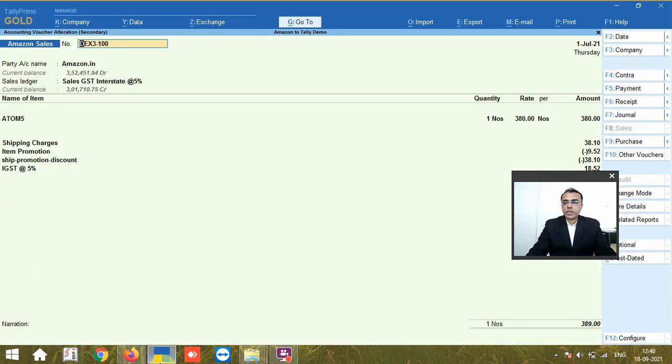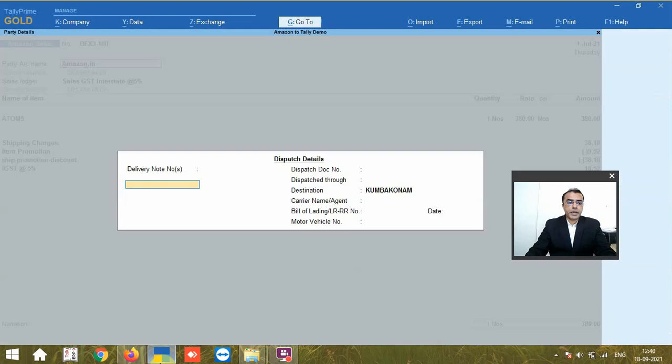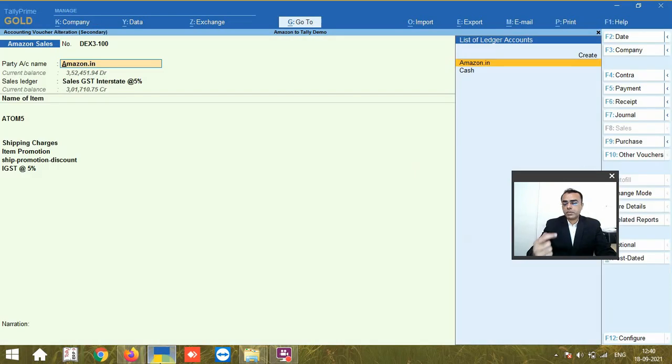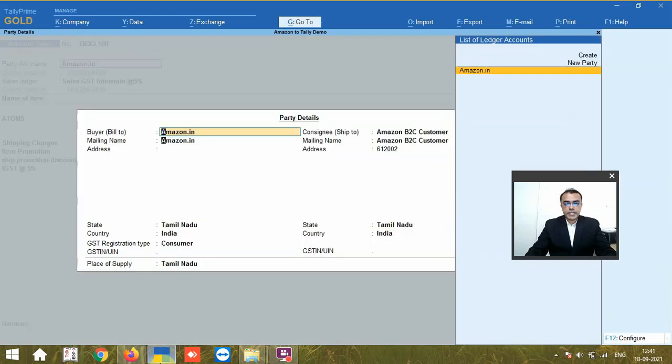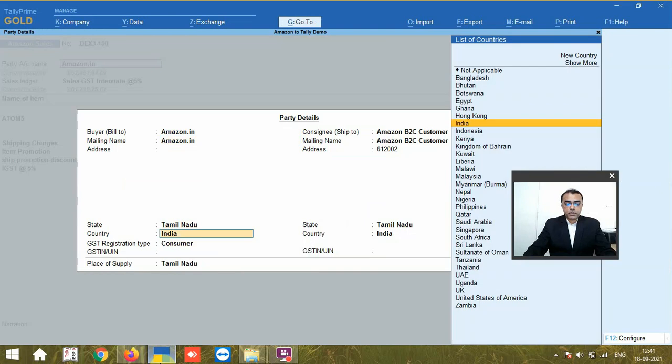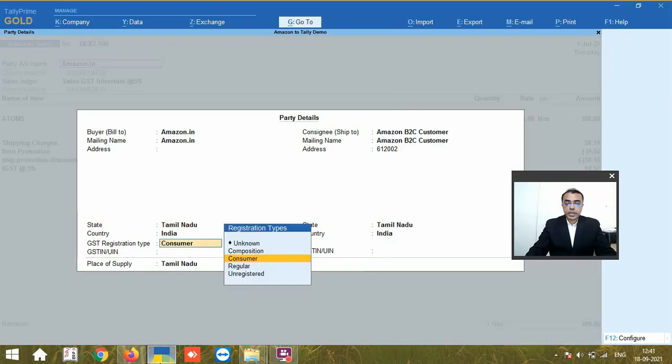So voucher number as per Amazon, then date and party name, that is Amazon.in, because ultimately you are going to receive the amount from Amazon.in, not from the end customer. Under Amazon.in, you can see the state of the end customer and the GST registration type flagged as consumer.